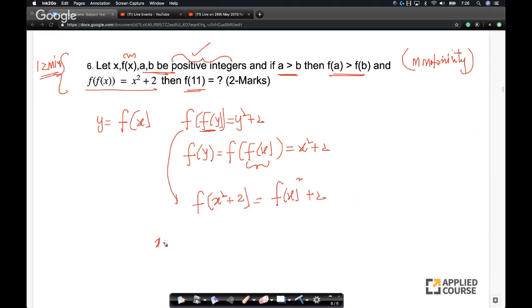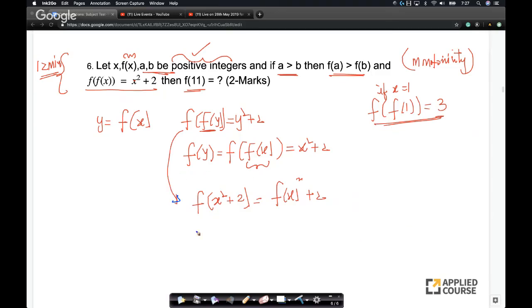Now, if I place x equals 1 in this, what is f of 1? f of 1 is 1 square plus 2, which is equal to 3, right? So I got this. If x equals 1, I have this fact, and I'll use this again. Okay, so let's keep going now. There are a lot of leaps that I had to make while solving this problem. So now we have f of 1 equals 3.